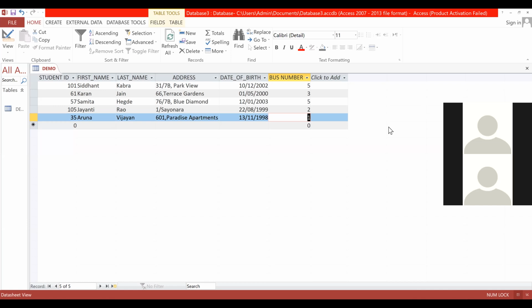So which view do we have to open? Design view. In design view, first we have to create fields, then we go to datasheet view for creating the records. Right, everyone?